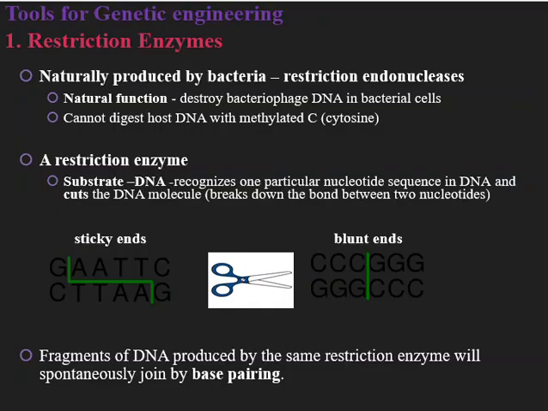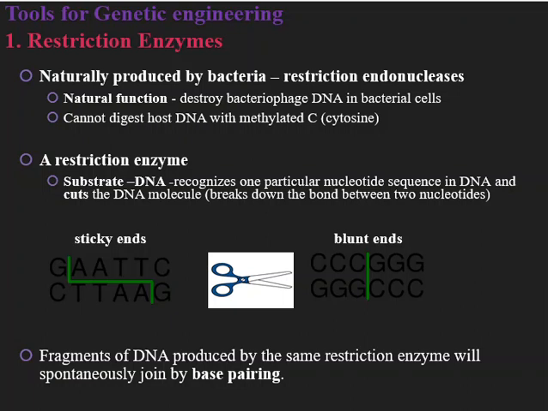Now, tools for genetic engineering: restriction enzymes, vectors, and even DNA ligase are needed in genetic engineering. So I'm going to start by talking about restriction enzymes. Restriction enzymes are naturally produced by bacteria, and they are used to destroy bacteriophage DNA in bacterial cells if they were ever attacked. And restriction enzymes have two ways of cutting, and by cutting I mean breaking down the backbone or breaking down bonds between